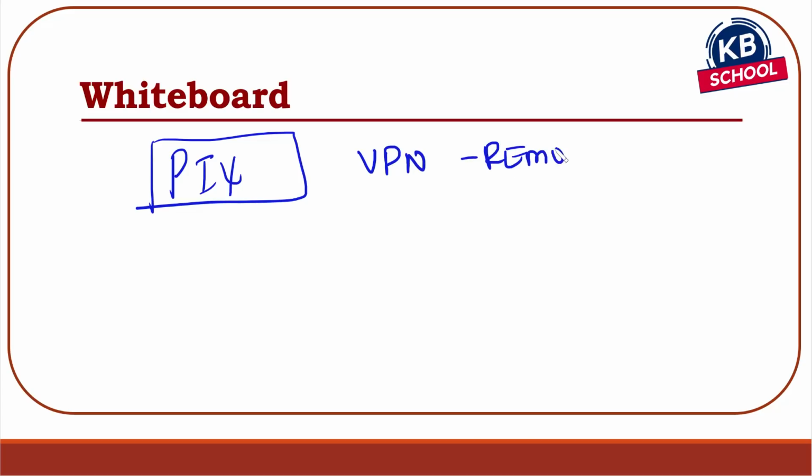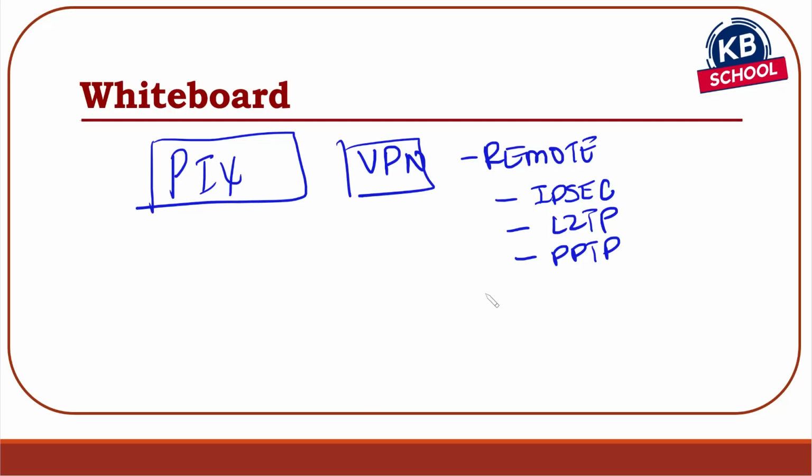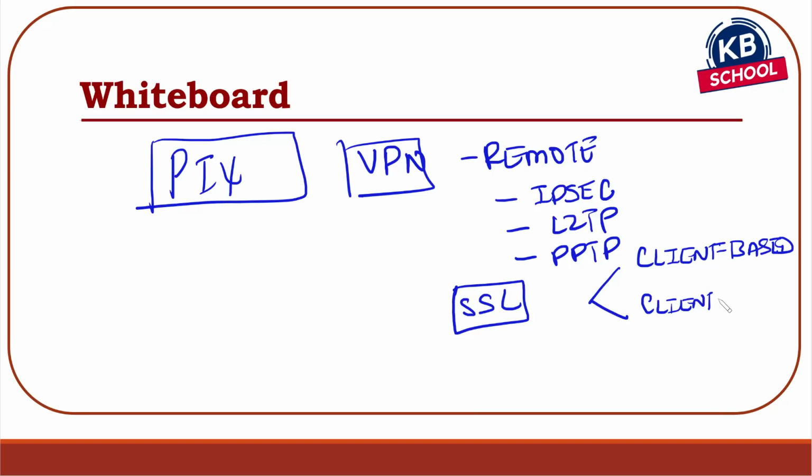They could do remote access VPNs using IPsec, L2TP, and PPTP. The PIX firewall did not have at that time the capability of doing a VPN based on SSL, whether client-based or clientless. So Cisco was looking for a product that they could integrate with their firewall device to give an end user the capability of doing both things,